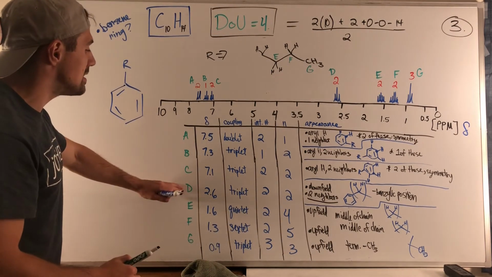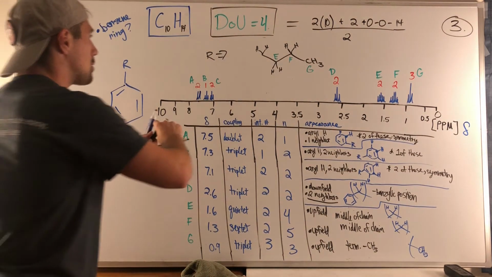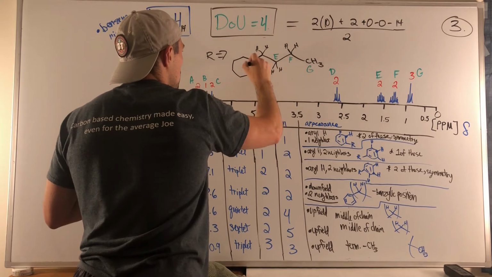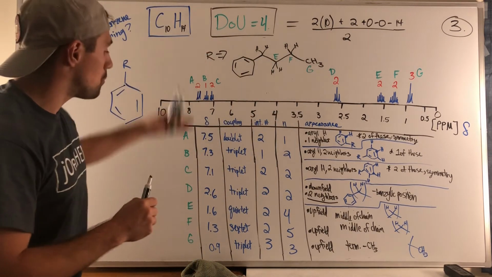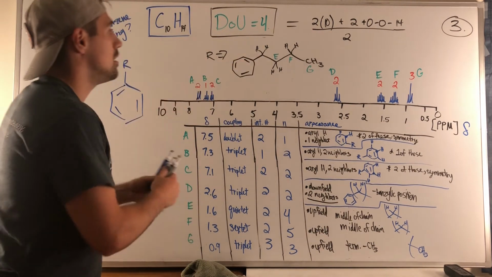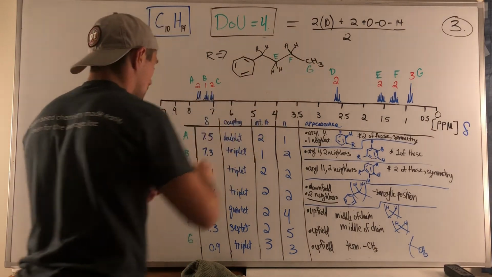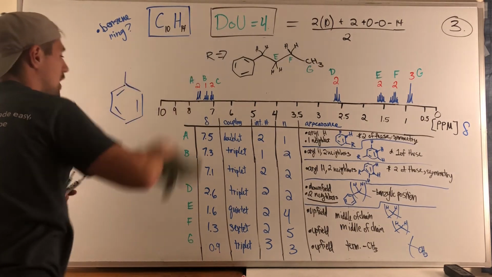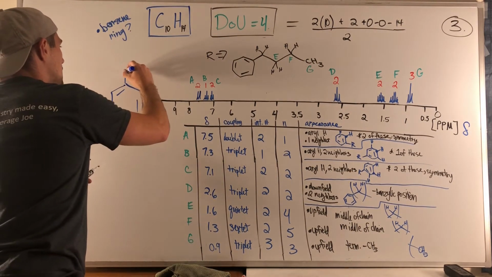And last but not least, we get to D, and D's the carbon we thought might be the benzylic carbon. So if we were to hypothetically have this attached to a benzene ring, whoa, that would explain why it is more downfield and why we also see this downfield character tail off as we get further away from the ring, or it increases as you go towards the ring. So, long story short, just by identifying that this was a benzene ring solved most of this problem, but all we needed to do